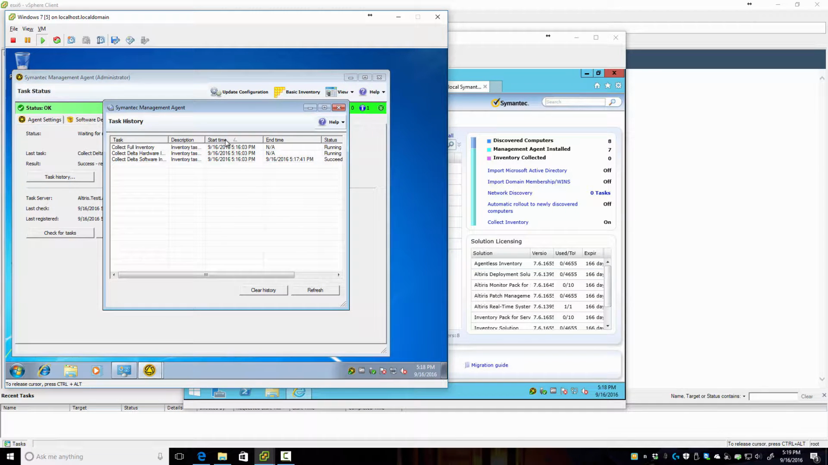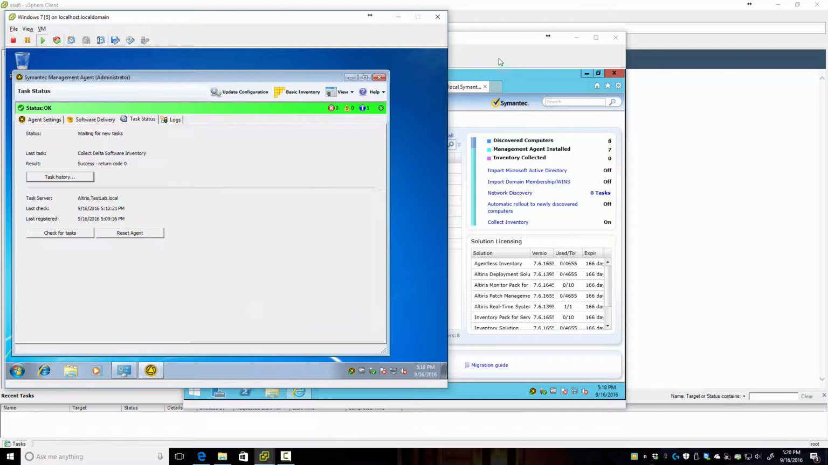Actually, look like it did go. So here we go. Collect Delta. Wow, actually collected everything. So that was nice. Actually, so it did the Delta software, end time, none. All right. Anything else? That's it. Well, so at least for Windows 7,